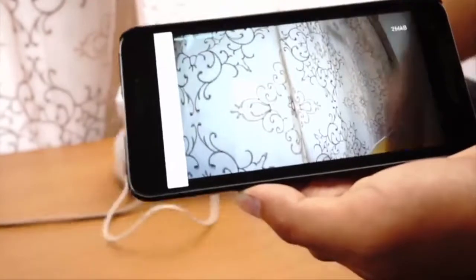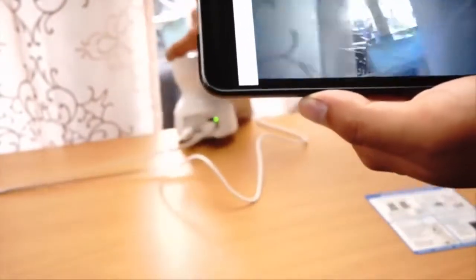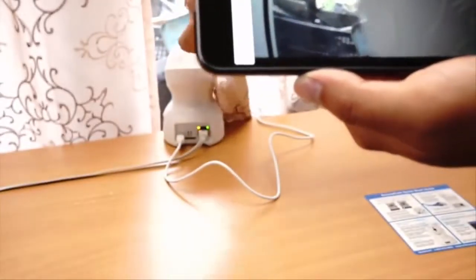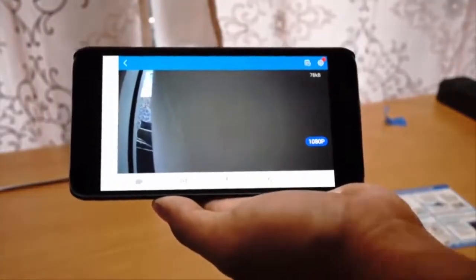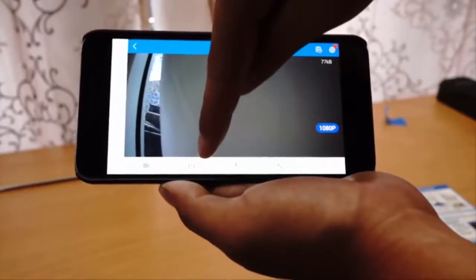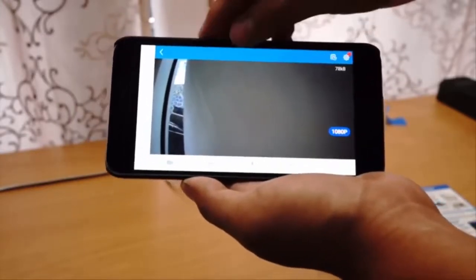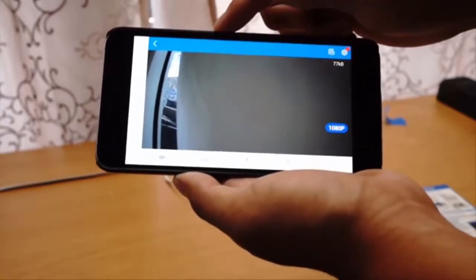The image quality is nice, has a nice wide angle lens, and if you look outside, you can see that it handles light quite nicely. This is the interface that you're going to have. You're going to have your video or photo. These two are what you use for recording. This is manual recording, so just keep in mind that you will have it stored onto your phone, not onto